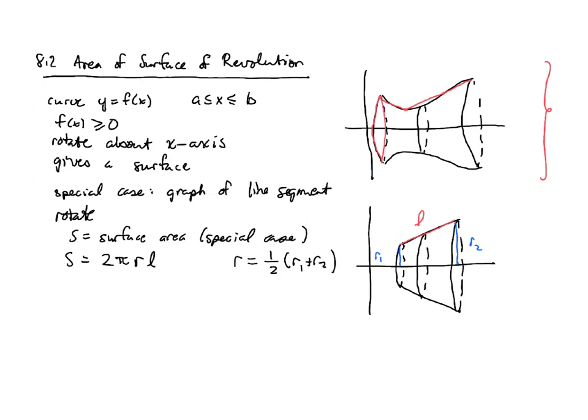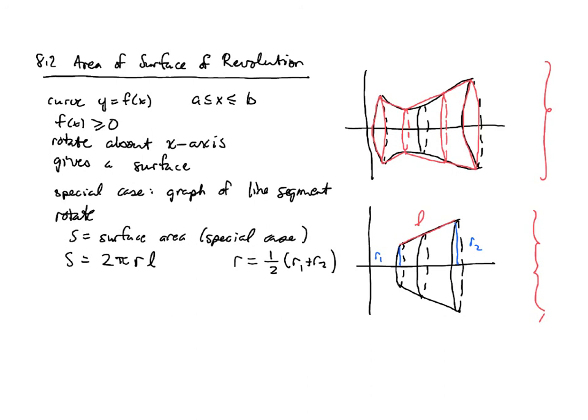Each time we do that, we get a little small version of the shape that we have over here. So there's one there, I have another one right here, and then a third one right here. So if we use those as the approximations for the surface areas,